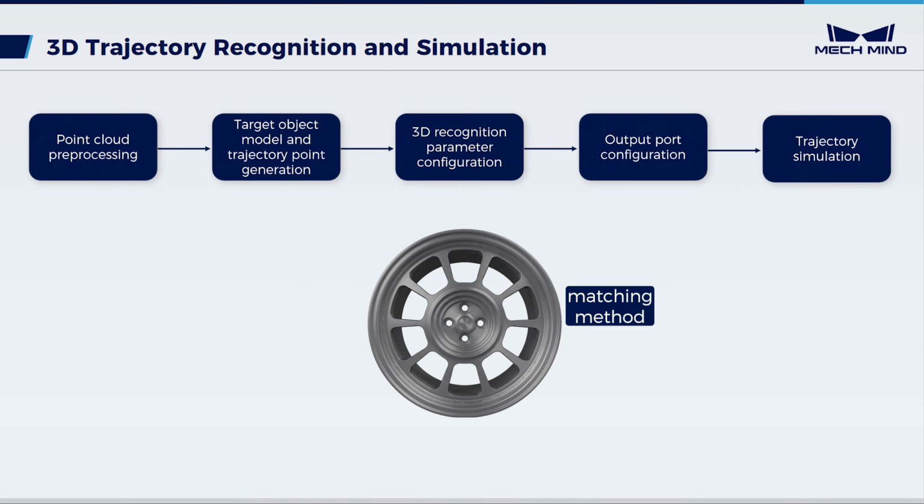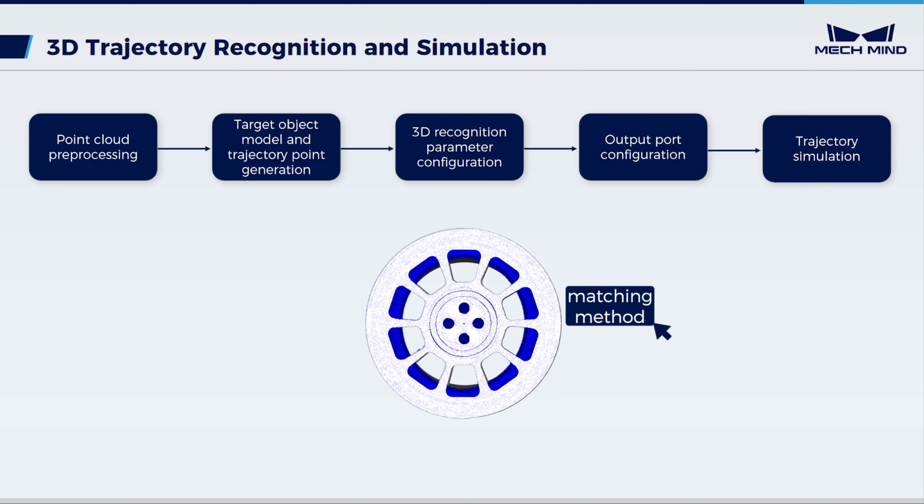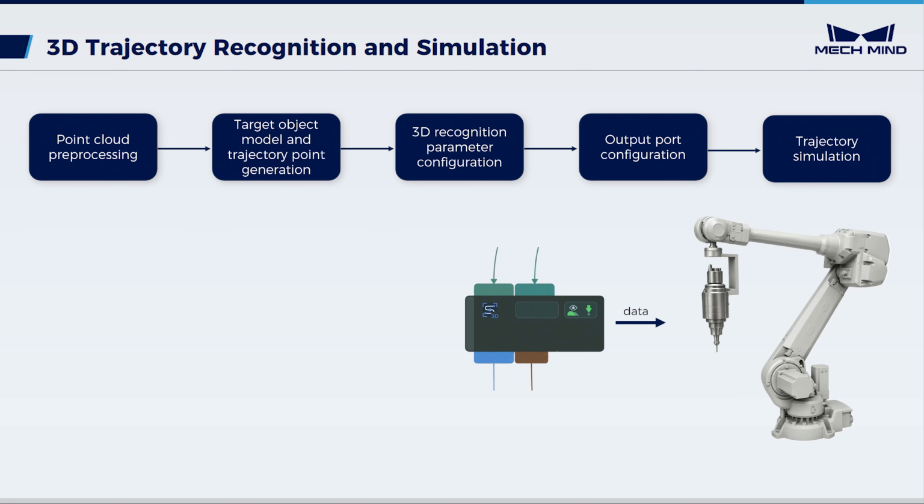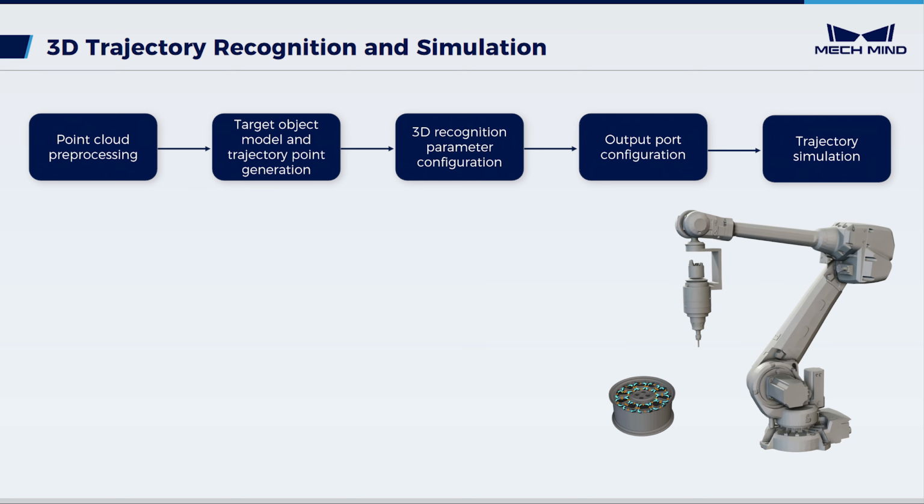When recognizing the target object, select the matching method and adjust the parameters based on the object features. Make sure the object is recognized accurately, so that the trajectory can be generated accurately. After recognition, configure the output ports as needed to transmit data to the robot for subsequent trajectory tasks. Finally, the simulation function is used to verify trajectory posture, reachability, and potential collisions, ensuring the robot can safely execute